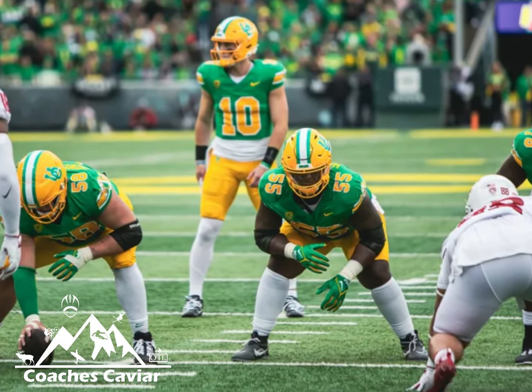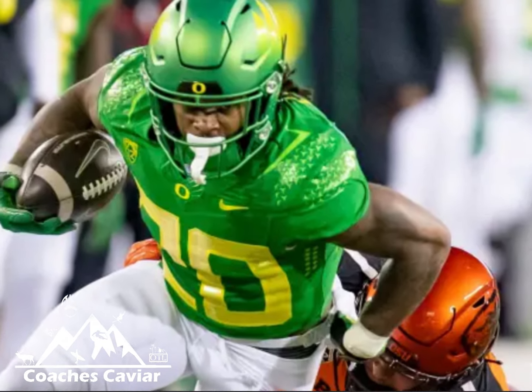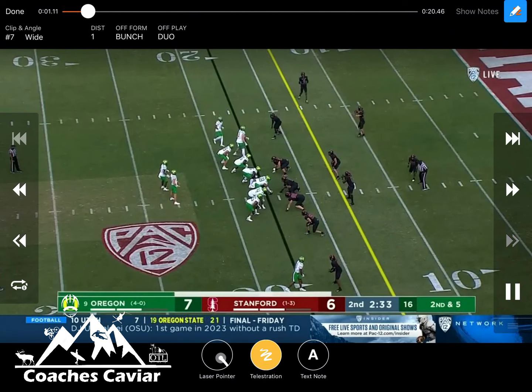In this video we're taking a look at Oregon's offense and their bunch set, different base plays they like to run out of it, look at some play actions and everything. So we're going to dive right into the Oregon Ducks offense and what they like to run out of their bunch sets. Very first look right here is just a version of duo, probably a lot of teams' favorite